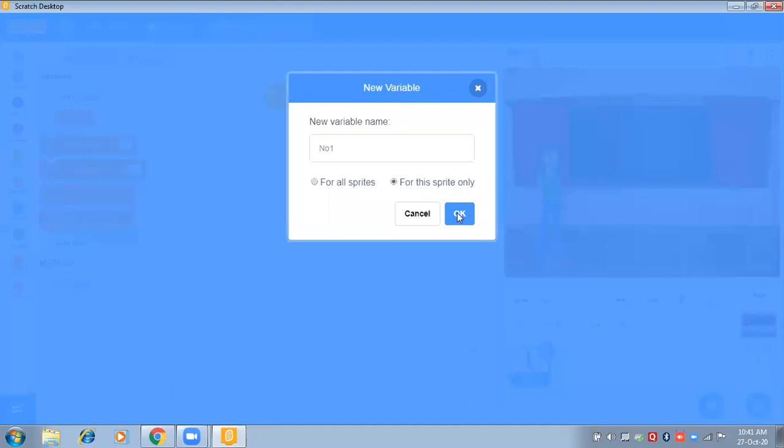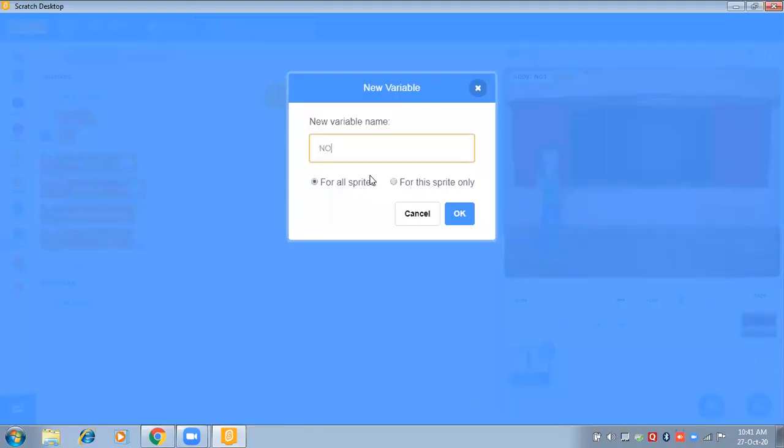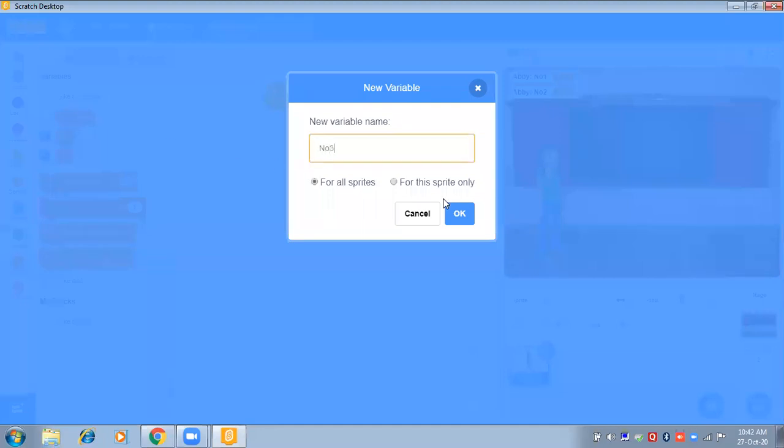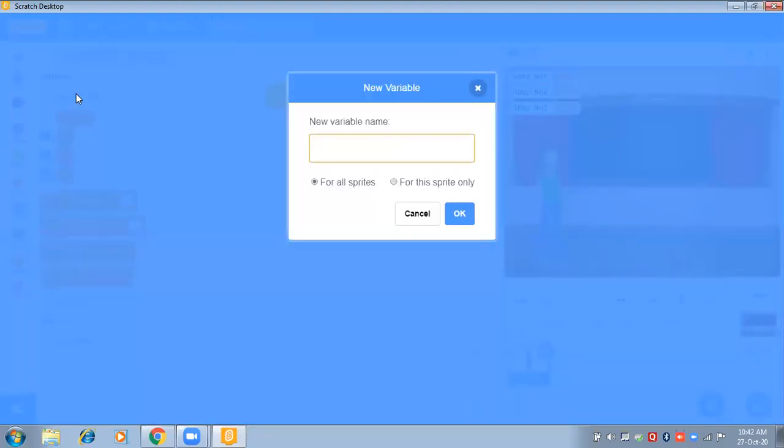So number 1 is the first variable, because we have to calculate the sum of 3 numbers. So we will take 3 different variables for this. Second is number 2. Third variable will be number 3. Now the fourth variable: if we enter 3 different numbers, then the result or the output should also be displayed somewhere.